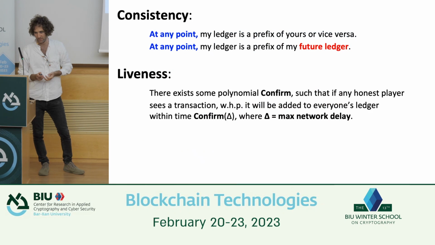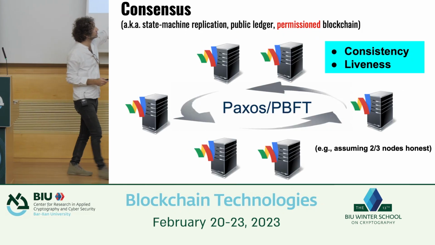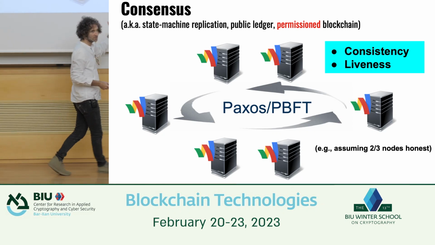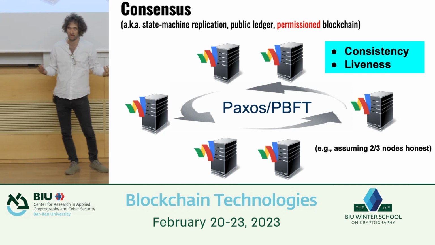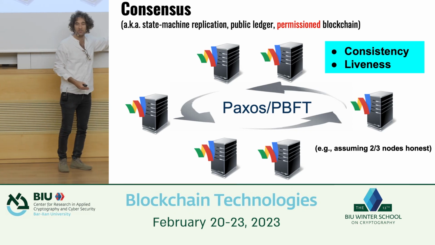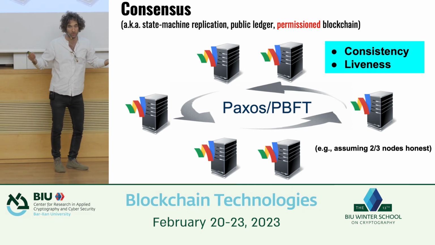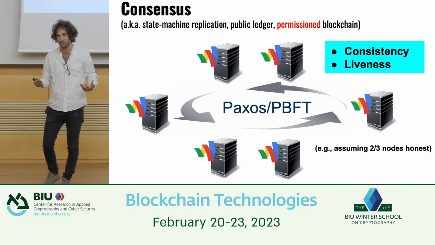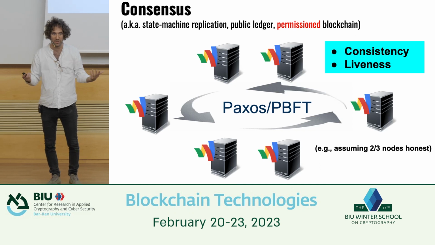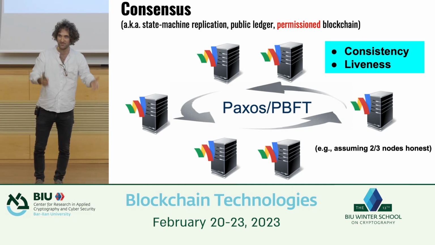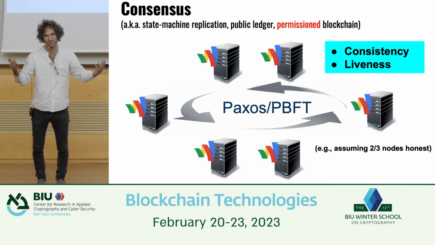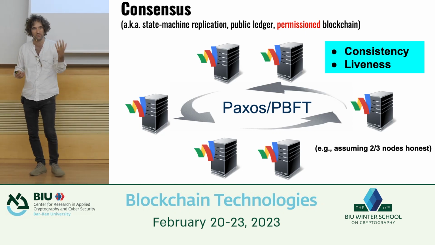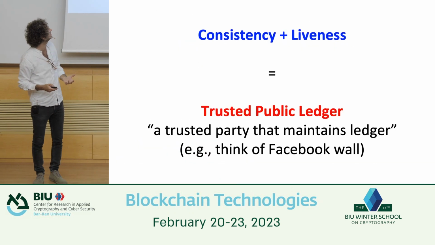Now, what I didn't mention on the first slide, these two properties will not hold unconditionally, right? Rather, we're going to require these two properties to hold under some conditions on the players. Typically, something like 2/3 of the nodes are honest, or maybe half of them are honest. As long as that holds, these two properties will hold. And that's much better than saying, here's a single guy, if that guy is honest, then it holds. Now it's much more distributed, decentralized. As long as a fraction of the players are honest, we have actually really implemented this trusted ledger.